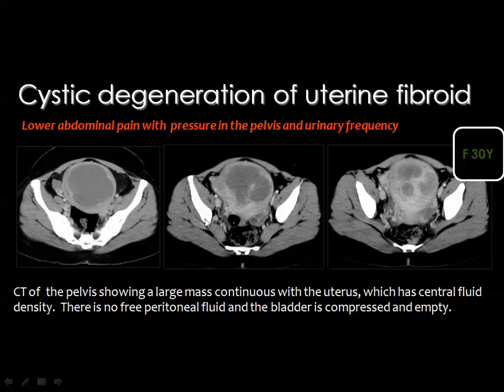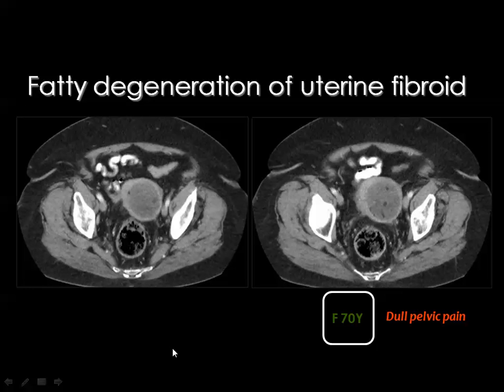And this is cystic degeneration within uterine fibroids. You got some fluid density within the masses affecting the body of the uterus. And this is also an example of fatty degeneration of uterine fibroid. You got some hypodensities representing fat within the uterine fibroid, which is, as you can see, not enhancing similar